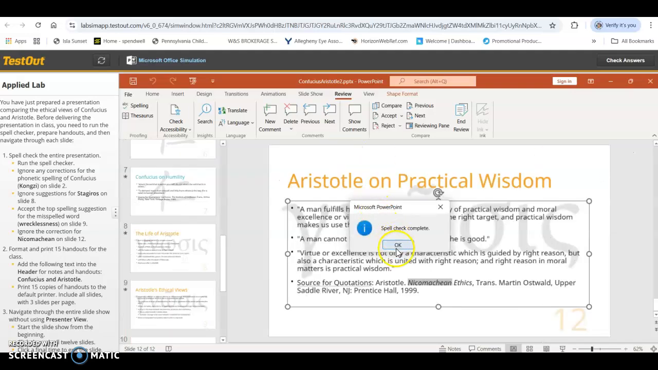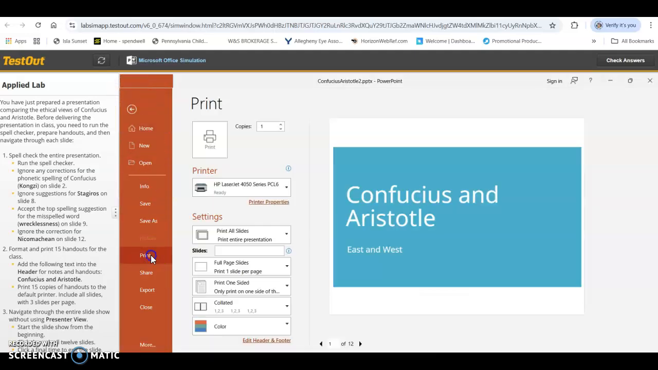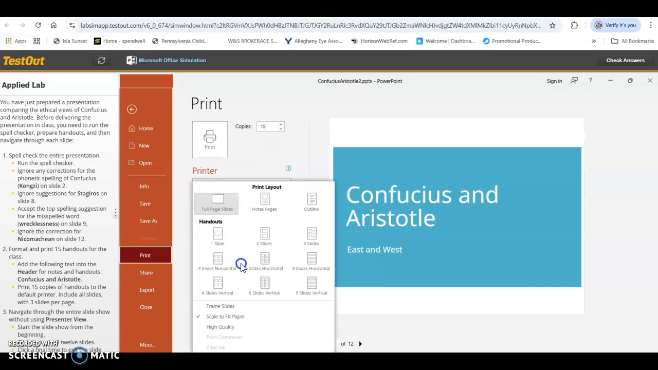We're going to format and print 15 handouts for the class. So I'm going to go File, Print. I'm going to change this to 15, and we want to print out handouts. So our handouts,